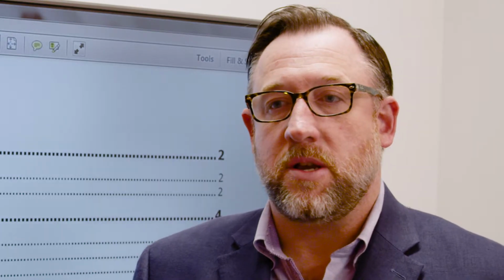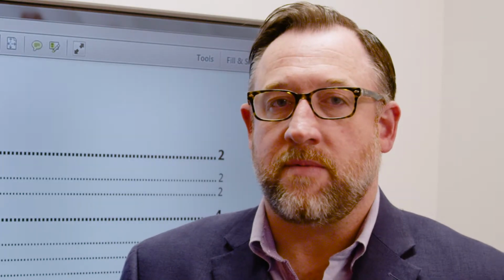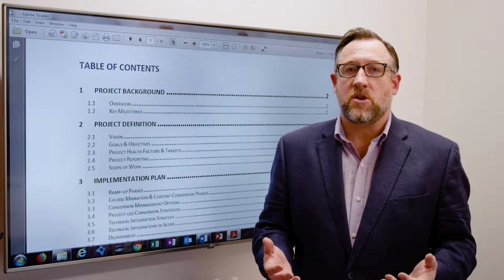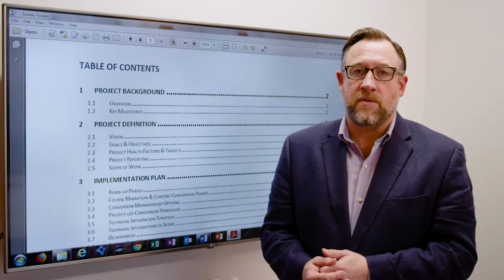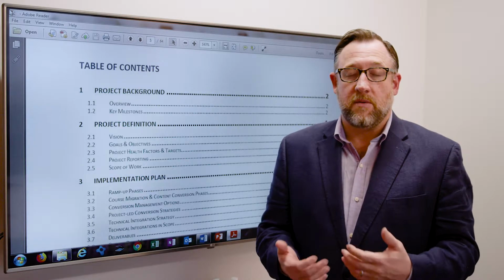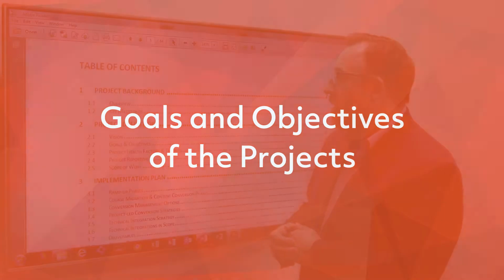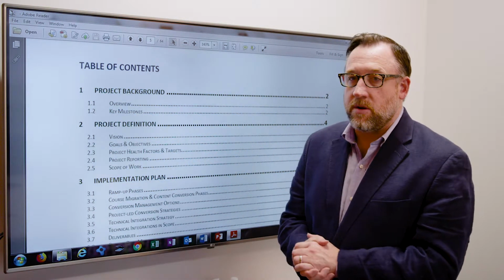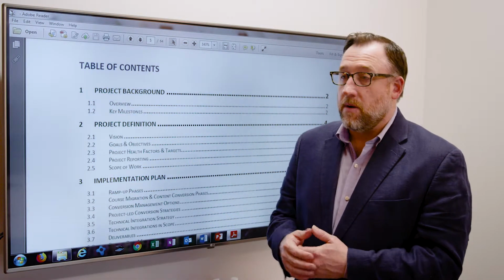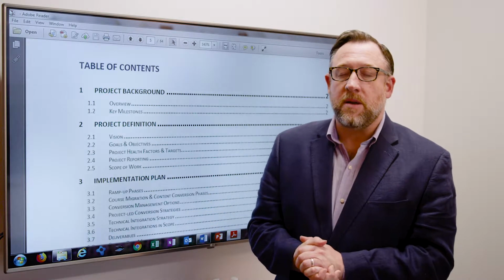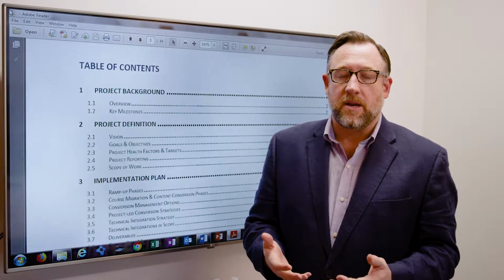You bring in your project sponsor and some of the folks that have been involved in helping to define the business case for the IT project, and the project charter really starts to move the ball down the field into defining the project and the resources that you need. So here on the screen you can see we have a typical project charter. Sometimes it can be a 3-pager or sometimes it can be 30 pages, depending on how complex the project is.